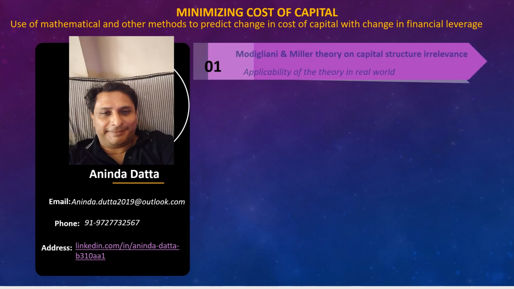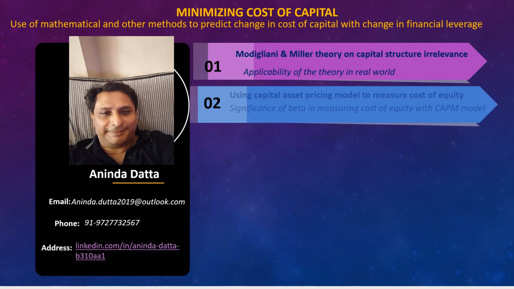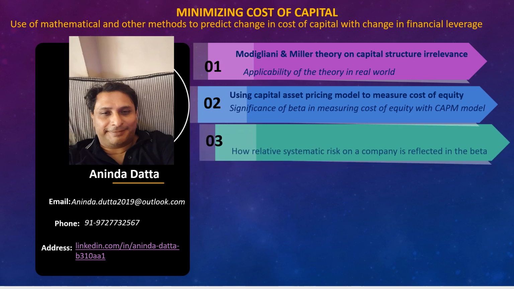Here we'll evaluate the following areas: Modigliani and Miller theory of capital structure irrelevance, applicability of the theory in the real world, using the capital asset pricing model to measure cost of equity, significance of beta in measuring the cost of equity with the CAPM model, various factors affecting beta of an industry or company, how relative systematic risk of a company is reflected in the beta,